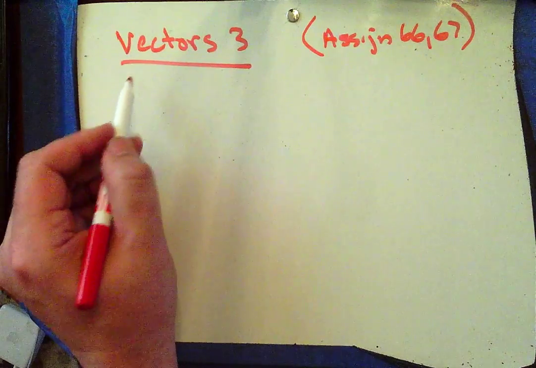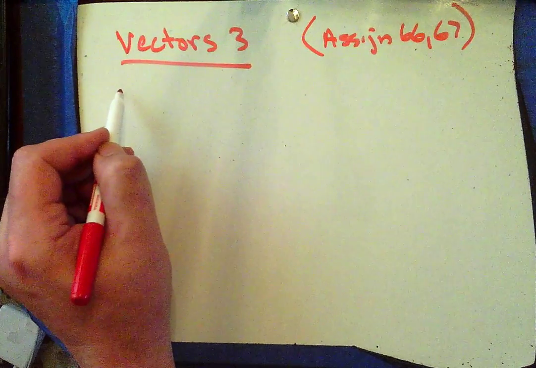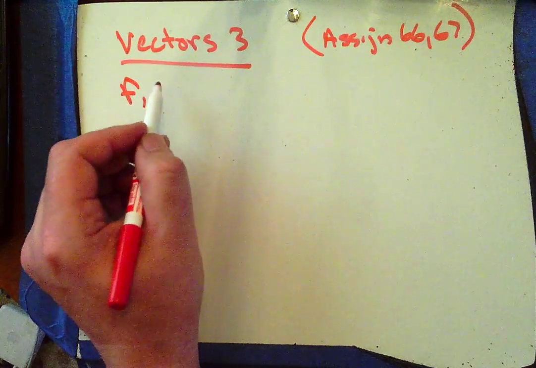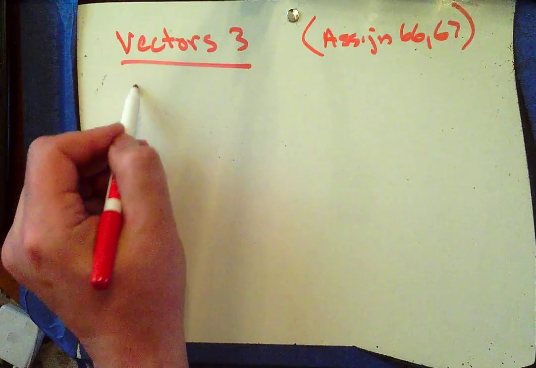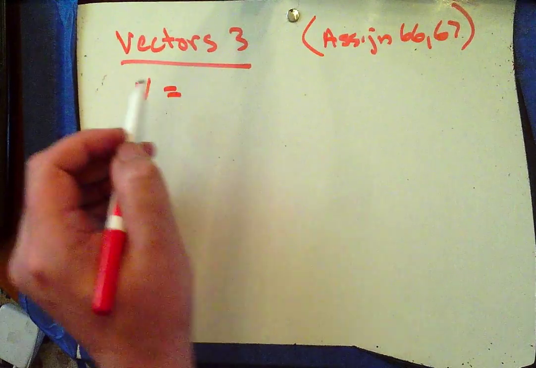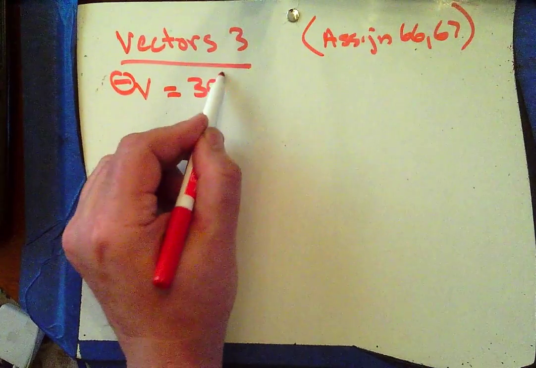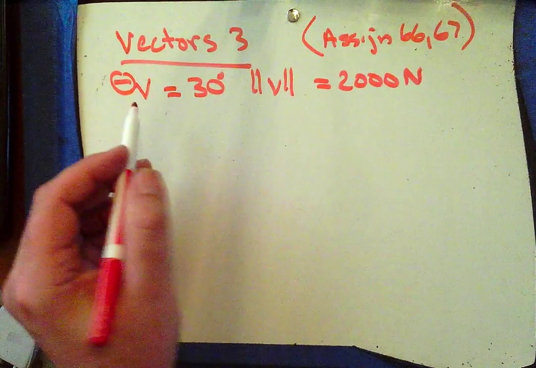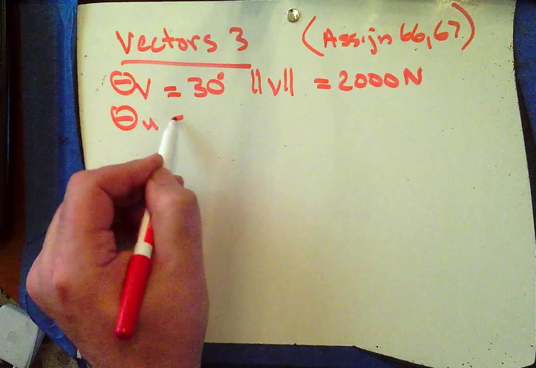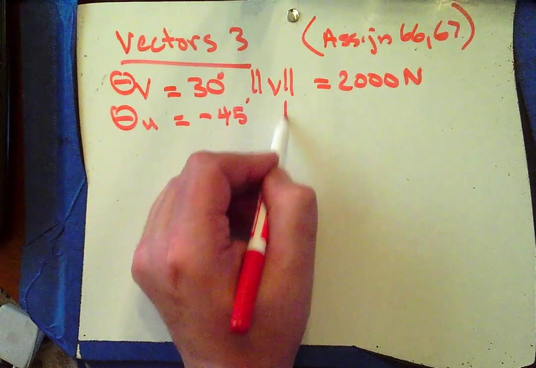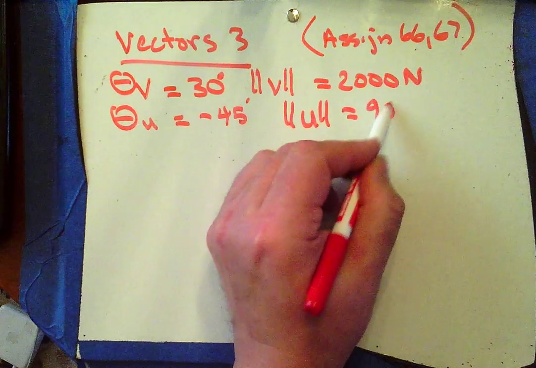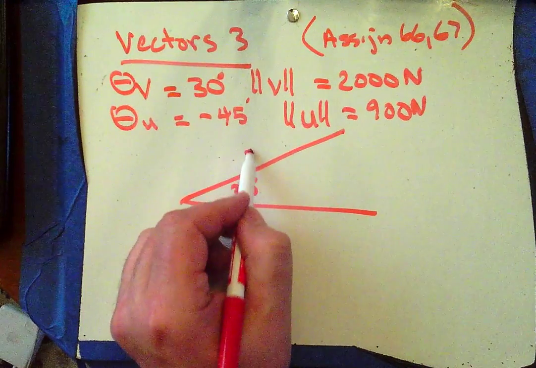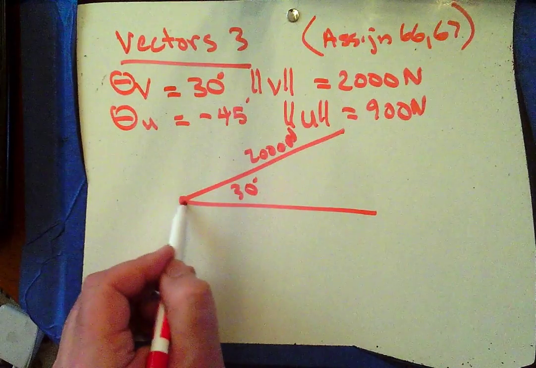The first problem is you've got two forces acting on an object. Force 1 is, in fact, I'm going to use U's and V's if that's okay. Theta V is 30 degrees, and the magnitude of V is 2,000 newtons. And theta U is negative 45 degrees, and the magnitude of U is 900 newtons. So if we visualize what's going on, we've got 30 degrees with 2,000 newtons acting on this object, and then